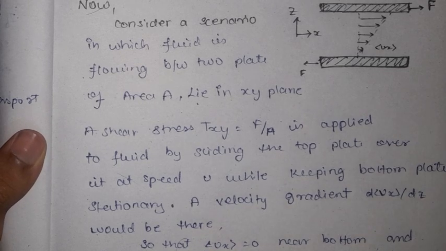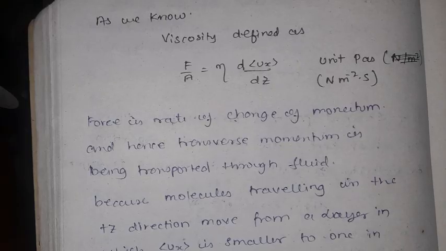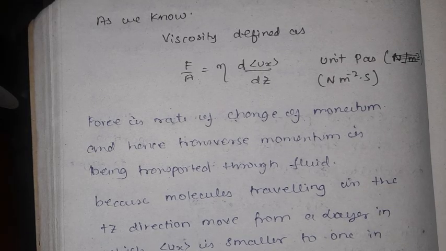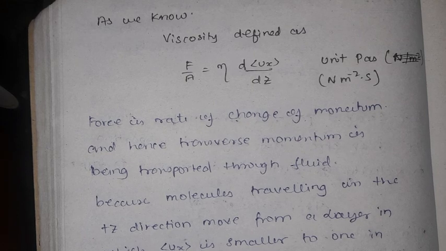A velocity gradient dux upon dz would be there, so that it will be 0 near bottom and u at top. As we know, viscosity is defined as F upon A is equal to eta dux upon dz, whose unit is Pascal second,